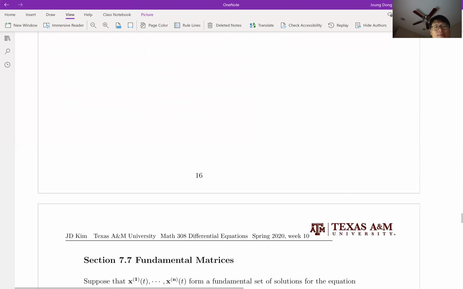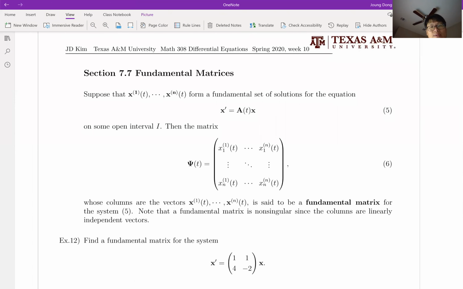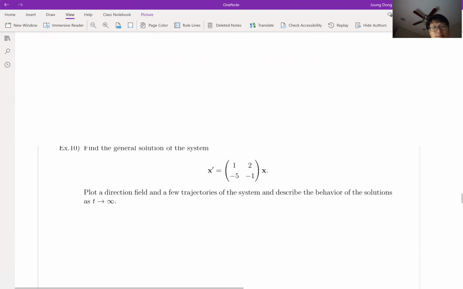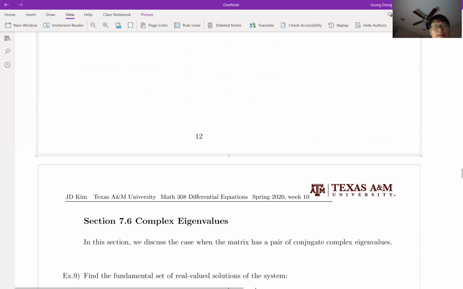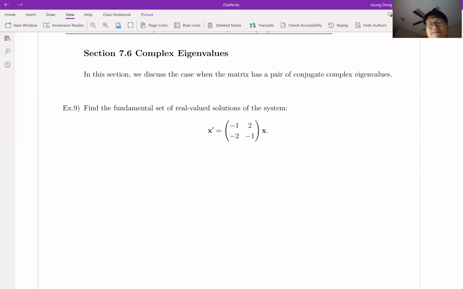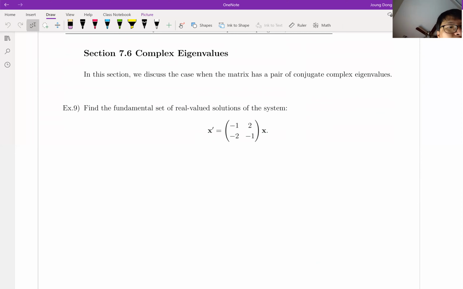Here we go. Again, section 7.6. So I have made this differential equation. Then we're going to try to find the fundamental set of solutions. The process is the same. We're going to start from eigenvalues, then find the corresponding eigenvectors. So to find eigenvalues,